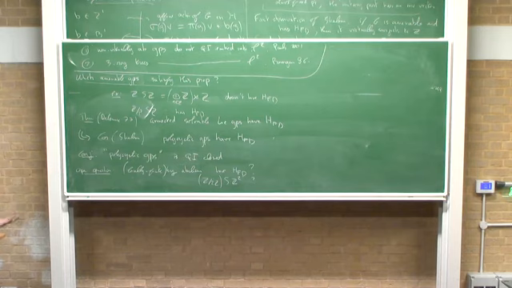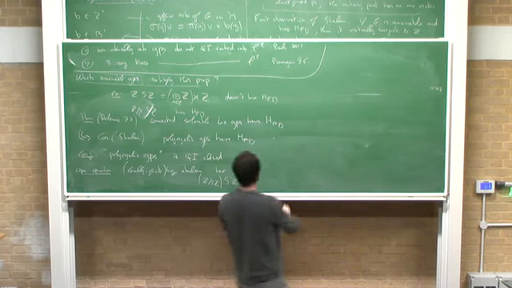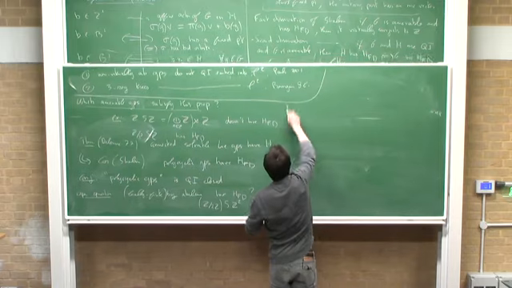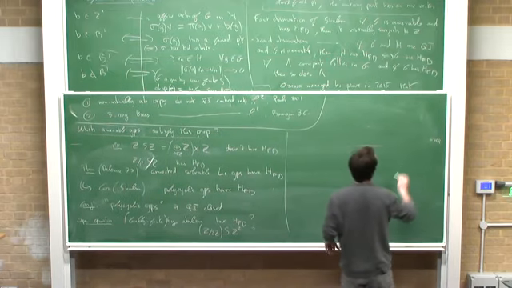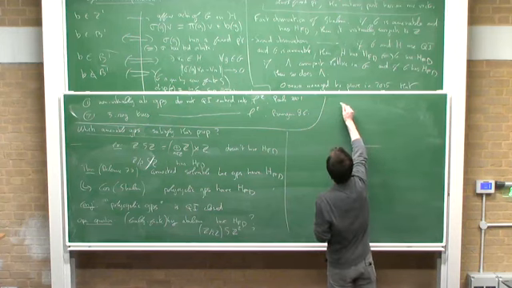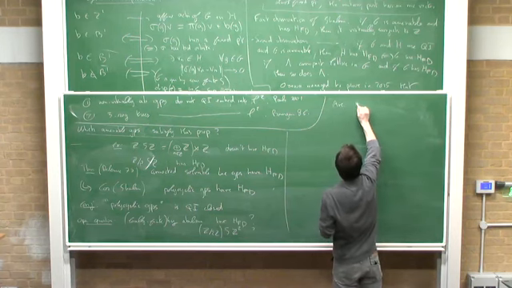This group is, I don't know what to believe about this group, honestly. I'd like to say that it doesn't have property HFT, I would prefer it for some personal reasons, but I don't know about it. And the second question that was asked by Shalom, which was, I think, formulated as a conjecture, was whether